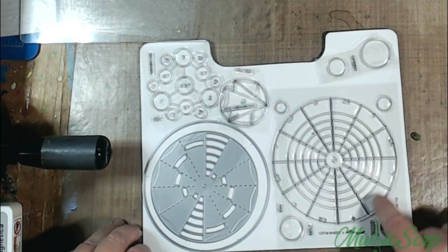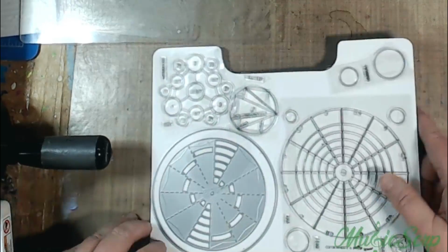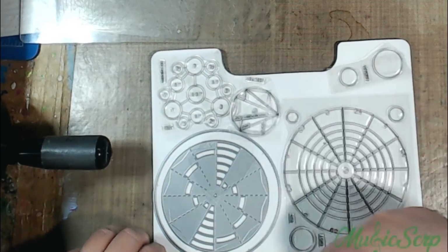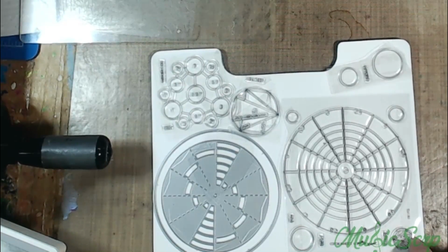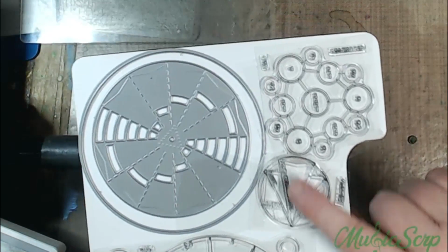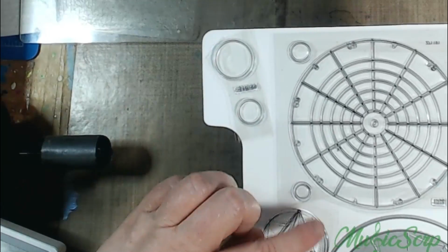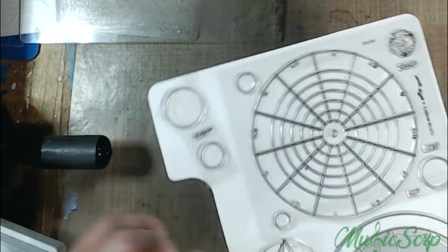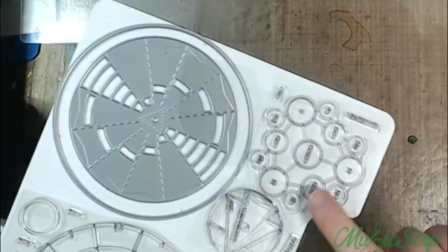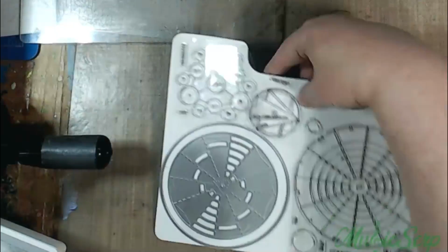So this is the color wheel. It also gives you some other circles so that if you want to do your neutrals out around the outside, you can. It gives you your triad color. What do they call it? The triad and the quad, whatever it's called. So if you're using 3 colors or 4 colors, it gives you that stamp. Then it gives you this other version of a color wheel using circles instead of this. But then the cool thing about the dies